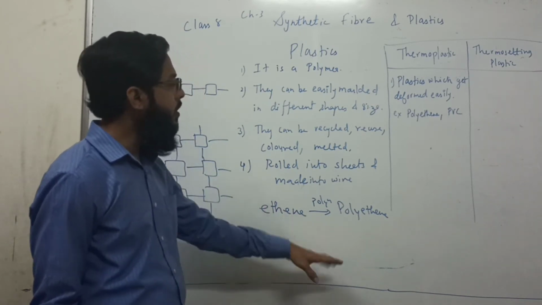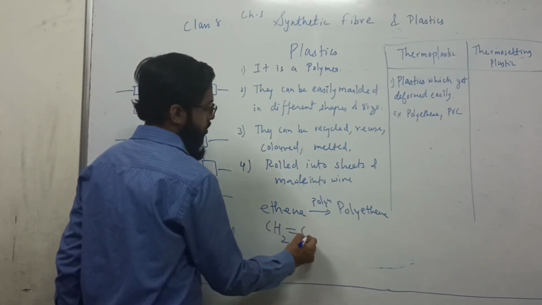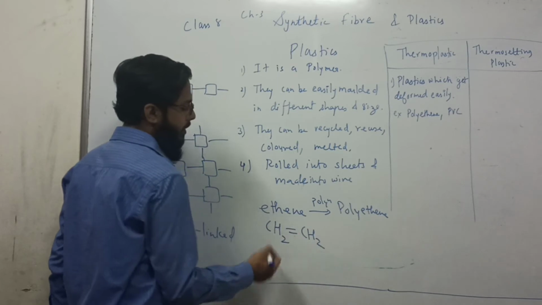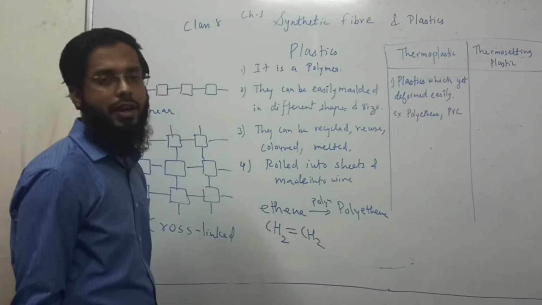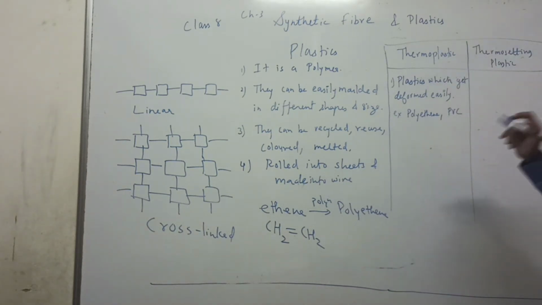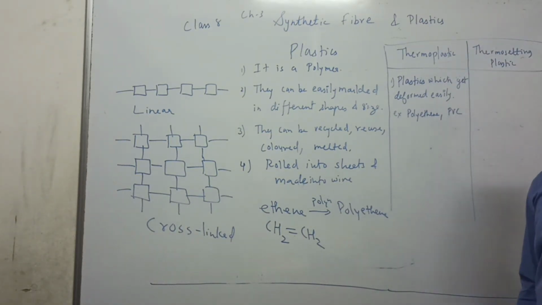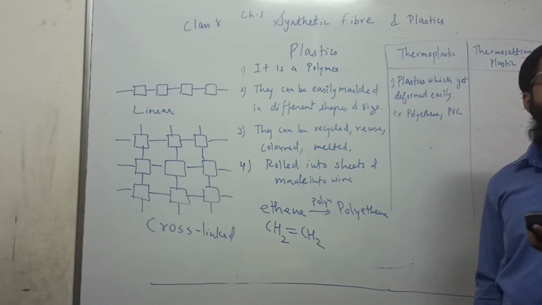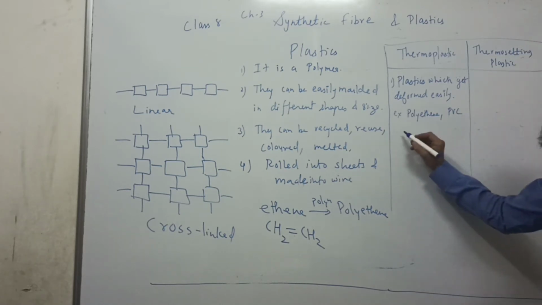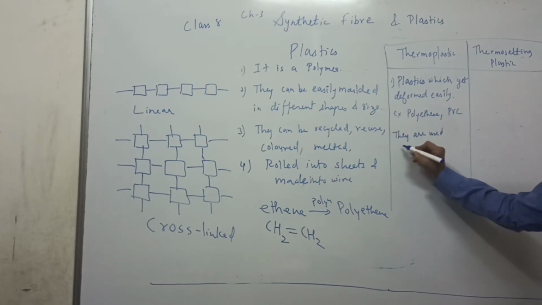It is a monomer, which is written this way, CH2=CH2. You don't have to remember this, you will learn it in 10th standard. See, polythene bags, PVC, polyvinyl chloride. PVC pipes might not be famous. PVC is actually used in pipes, PVC pipes also. They are used where? They are used in toys.